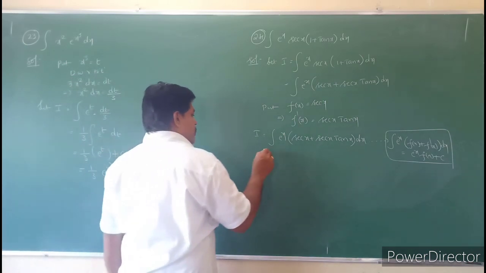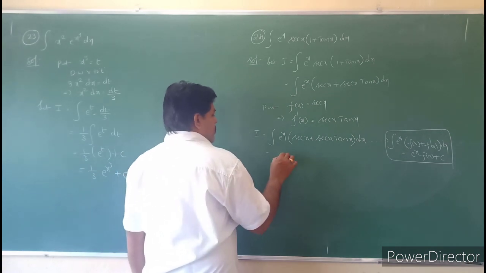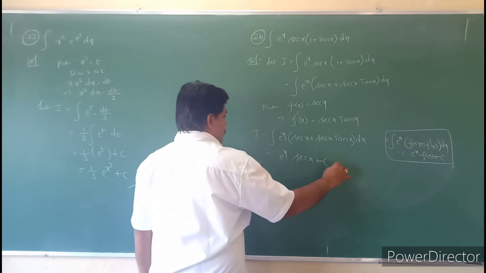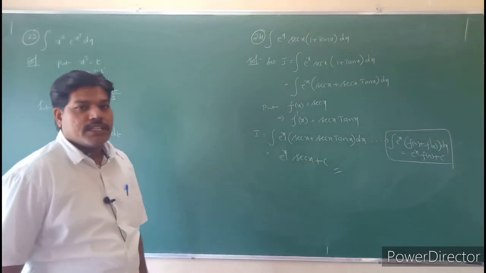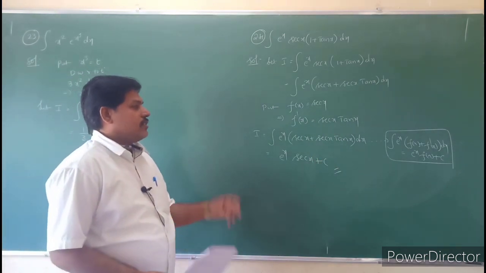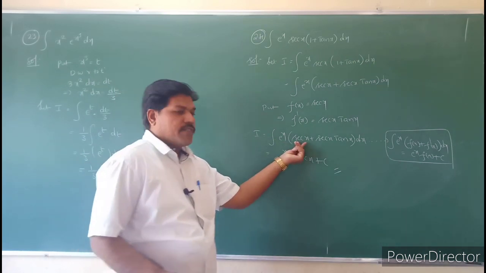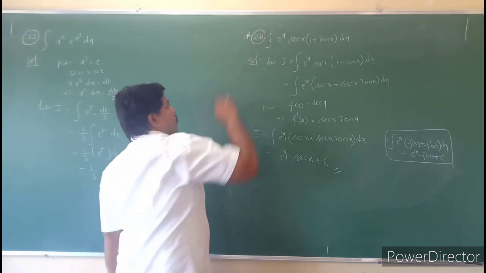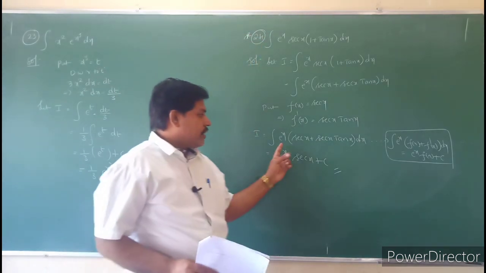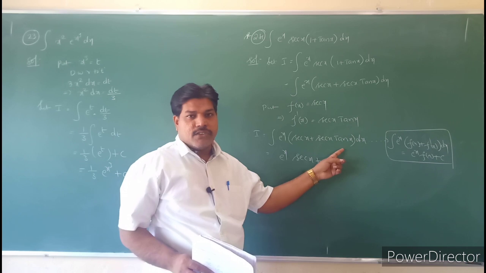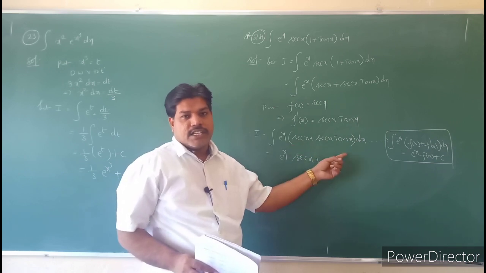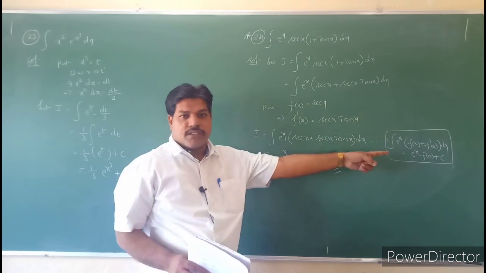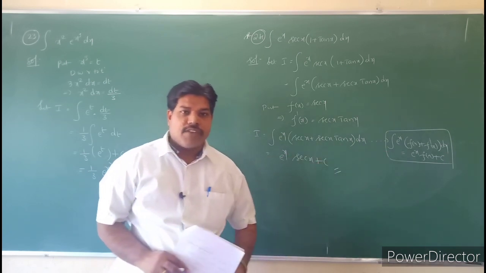So what we will do, students, here? That is nothing but e power x, and f of x value is secant x, plus c. So see that question, e power x into, it is in the form of f of x and f dash of x. Important question for 1 mark, they will give you a 1 mark question. E power x into secant x plus secant x into tan x. Secant x derivative is secant x into tan x, so it is in the form of e power x into f of x plus f dash of x. So the answer is e power x into f of x plus c.